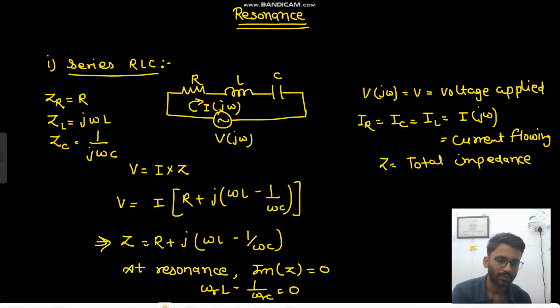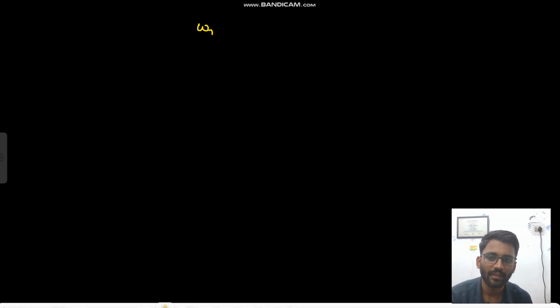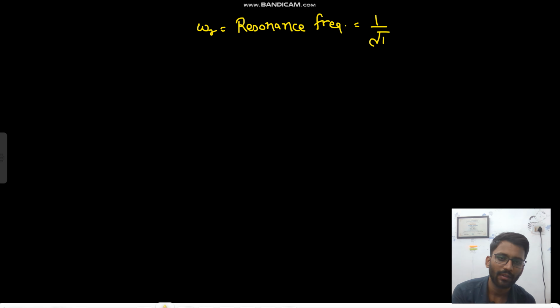equals 0. So your omega R, that is your resonance frequency, will be equal to 1 by root LC. So this is your resonance frequency. At resonance frequency,